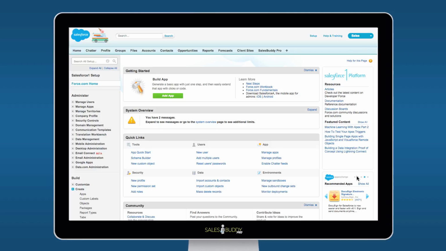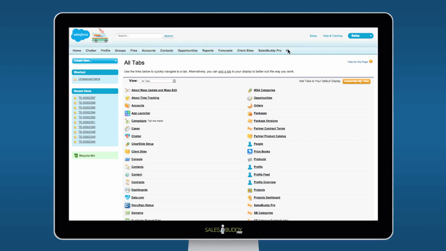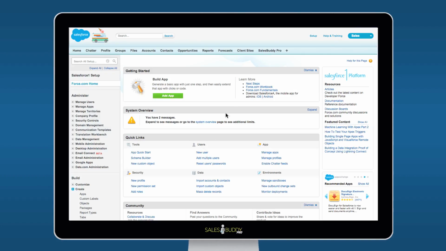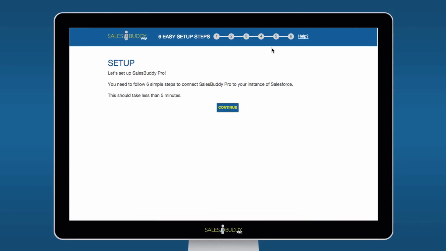If for some reason you don't see this tab, click the plus sign and search the list of applications until you find SalesBuddy Pro. If you'd like to ensure that the app stays within the top of your navigation, you can select Customize My Tabs and move SalesBuddy Pro from available tabs to selected tabs. Then click Save. Now we're going to walk you through the setup wizard to connect SalesBuddy Pro to your instance